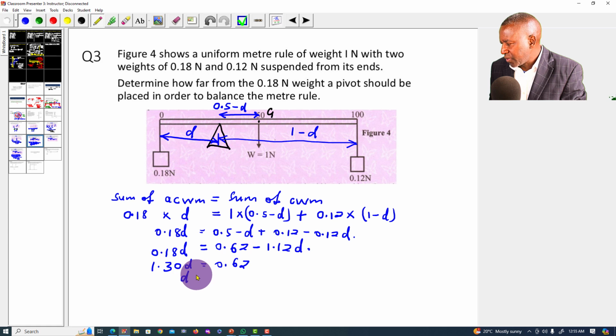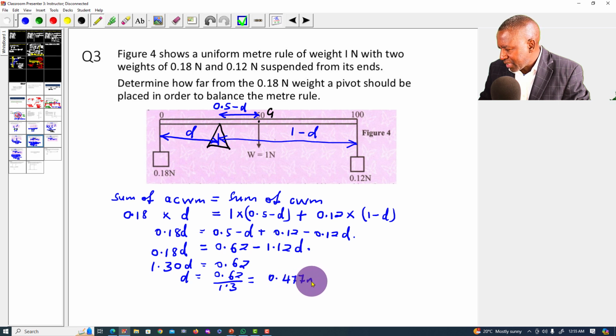Then to get D I just need to divide 0.62 by 1.3, which I think I had done much earlier, and it was giving me 0.477 meters, rounded,